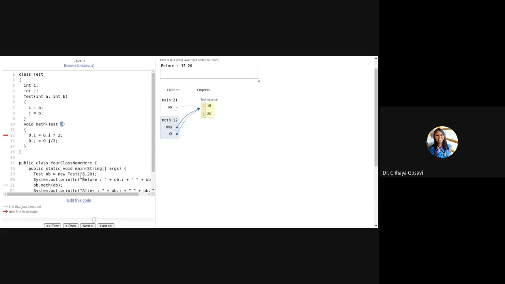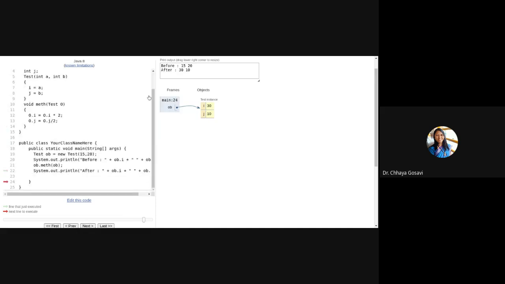Like here we were passing a and accepting in x. So x and a, or in this case o and ob, are what we can say aliases, pointing to the same memory location. So when we change the value of i here in the math function, it is changing these values. So j is halved and i becomes double. So when you come back to the main method and print it, the values are changed.